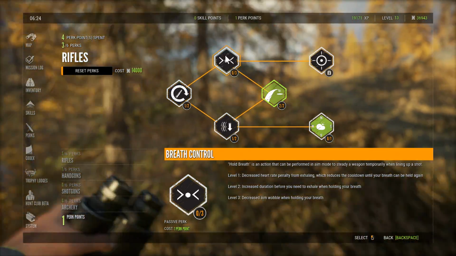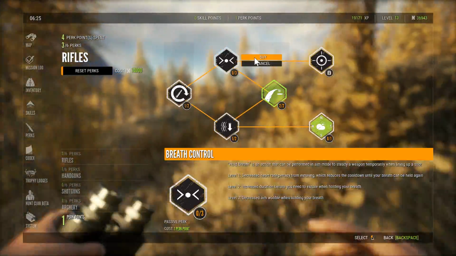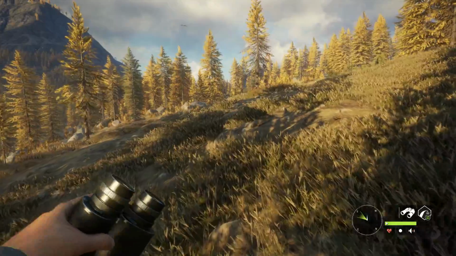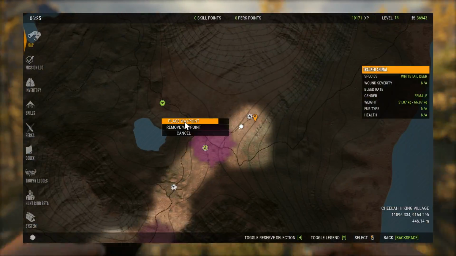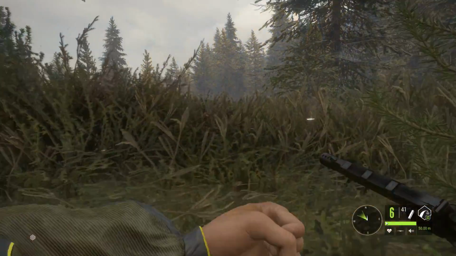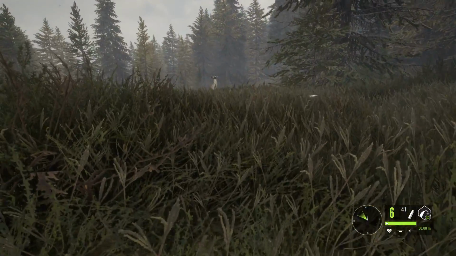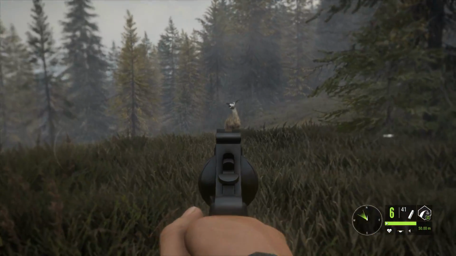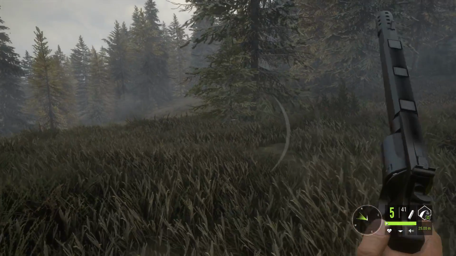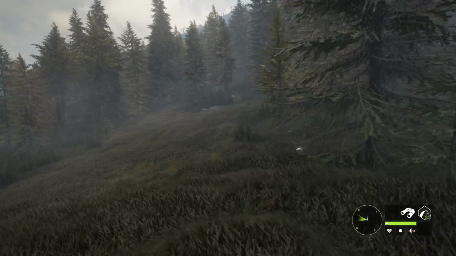Decrease heart rate penalty from exhaling is level 1. I actually tend to exhale a lot. I'll go to hold my breath, and then I'll decide that I'm not going to shoot yet if the animal turns or whatever. I think that's useful enough to go forward early game. Man, the wind is not helping us. Oh, okay. I didn't even think she'd face us. That might have been too high for heart. It probably was, because I was zeroed for 50 meters by accident, but...